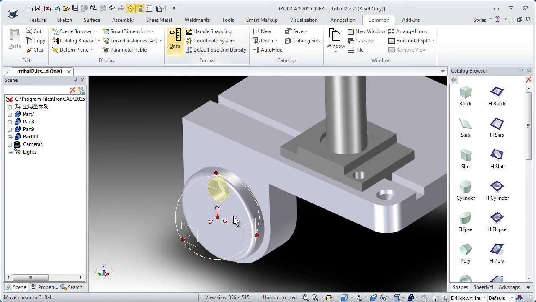And when the tribal is in place, I press the space bar again to lock the tribal to the selected hole. Then I select this axis because I will use that axis to rotate the tribal and the hole. When we have the cursor inside the tribal and we see the hand that tells us that it is possible